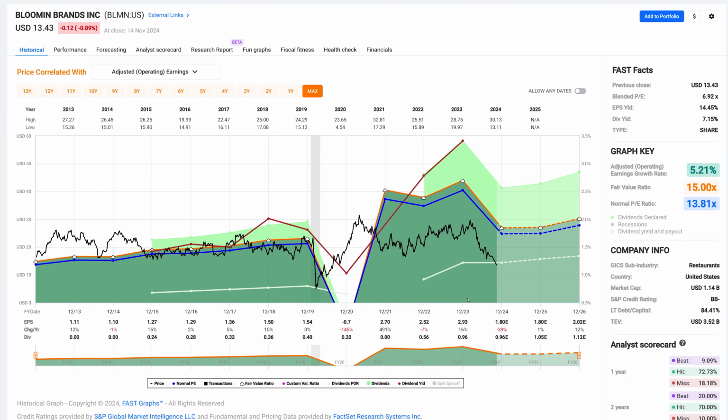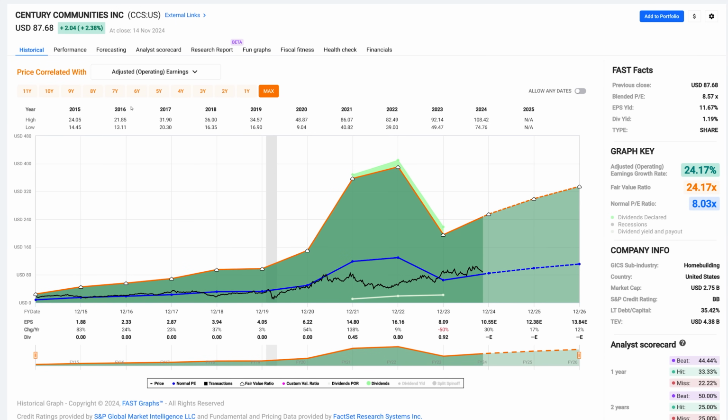Historically, it's had a little better valuation than that, if we look back here at where it traded, between 13 and 15 times earnings and so on. But again, this is a speculative opportunity that could generate very high returns for the next couple of years based on its valuation and its high dividend yield. And again, the dividend yield is only high because the price is so low, and they're expected to not grow their dividend this year. The next stock on the list is Century Communities.